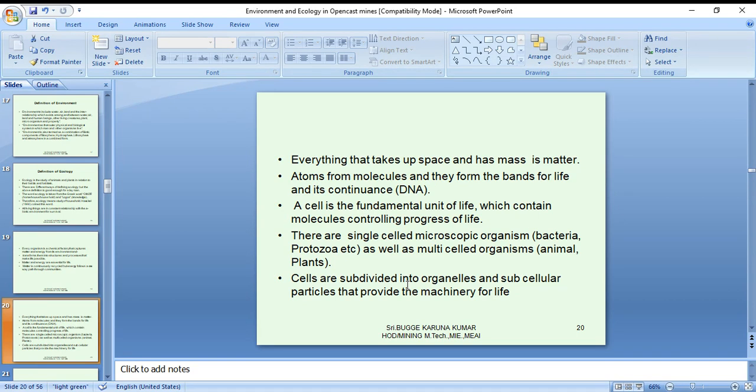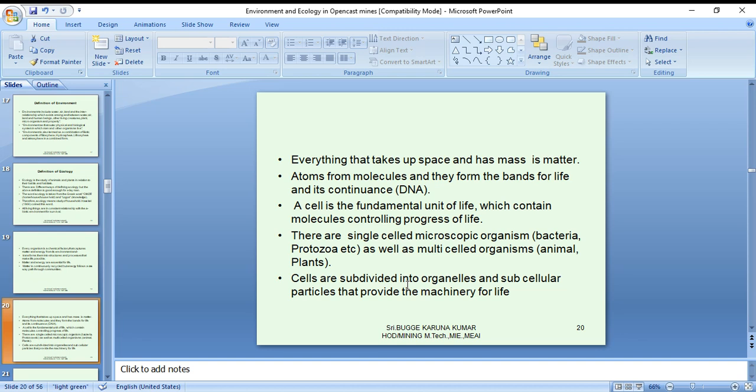Atoms form molecules, and they form the building blocks for life, which is continuous. A cell is the fundamental unit of life, which contains molecules controlling the progress of life. There are single-celled microscopic organisms, bacteria, protozoa, etc., as well as multi-celled organisms, animals and plants.